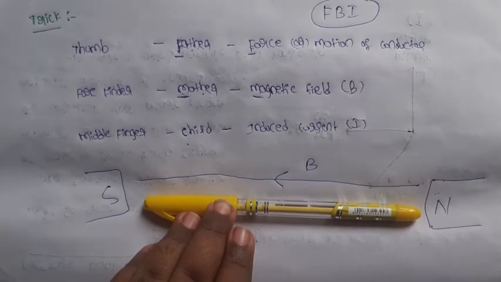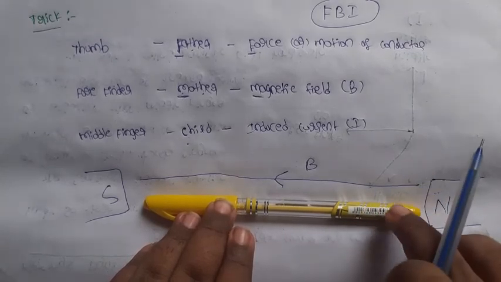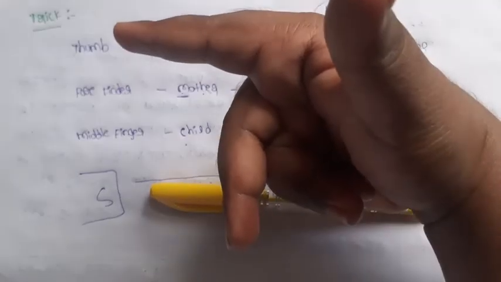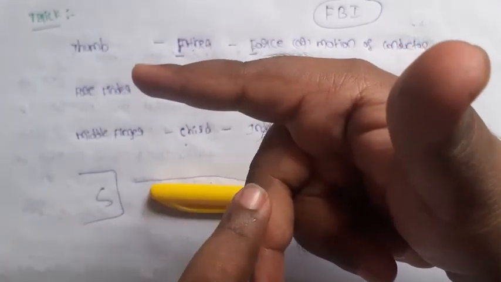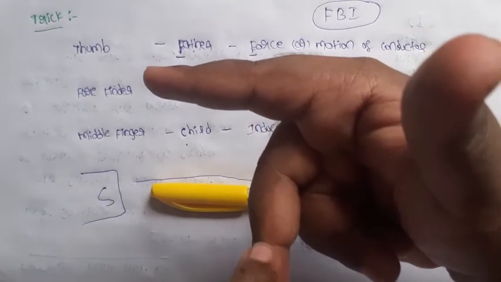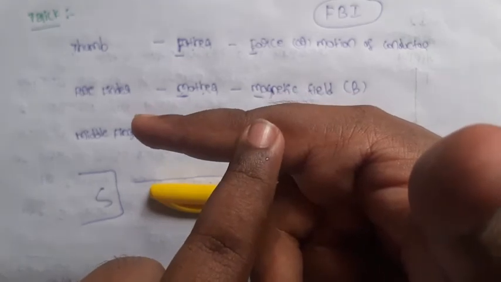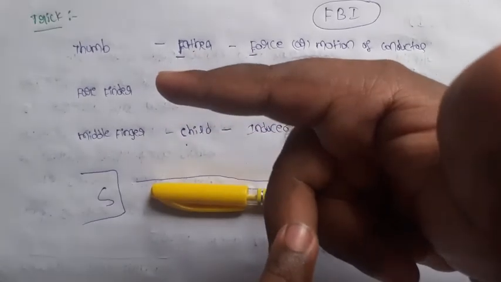When you place the conductor in an external magnetic field, is induced current developed in this conductor or not? So what is the direction of the induced current? Now I am applying Fleming's right hand rule. Thumb finger, this is forefinger, this is the middle finger. The forefinger shows the magnetic field direction.